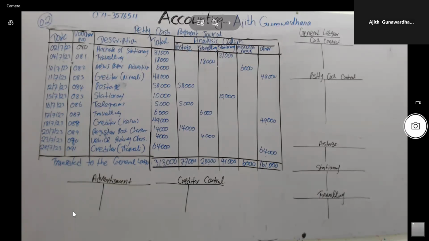In this lesson, we have discussed prime books, ledger, debtors ledger, creditors ledger, then how to prepare a trial balance. As well as you have to know the error correction part, profit correction, error correction. You have to know how to record information in the prime books, as well as how to record in the ledger accounts also.